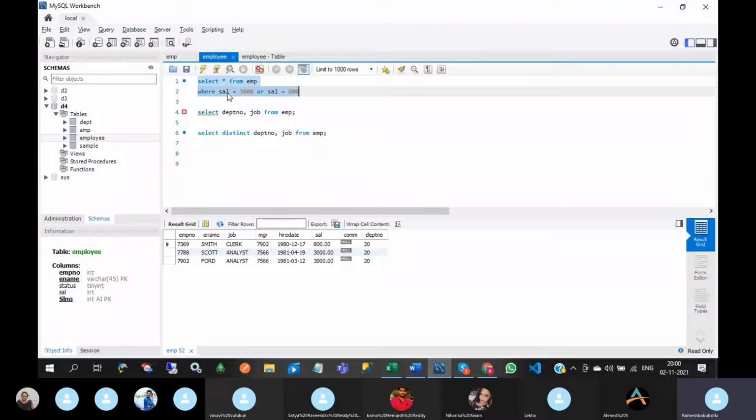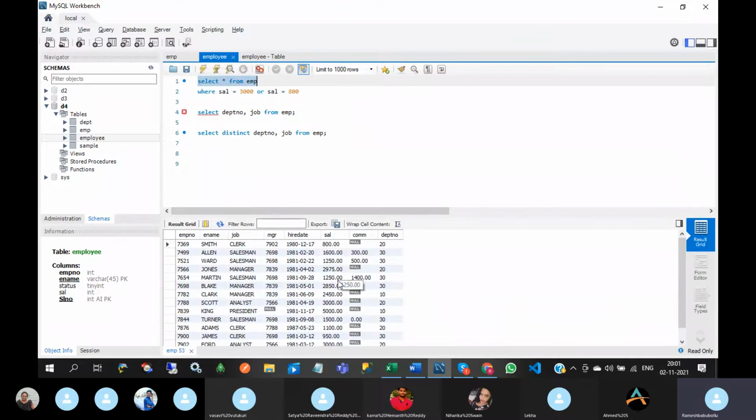So like this, salary equal to 3000, salary equal to 800. Okay, suppose I want to have employee records which are having 1600 also, 1250, 2975, like that I want to have the employee records. So at that time what we will do, salary equal to 3000 or salary equal to 2975.